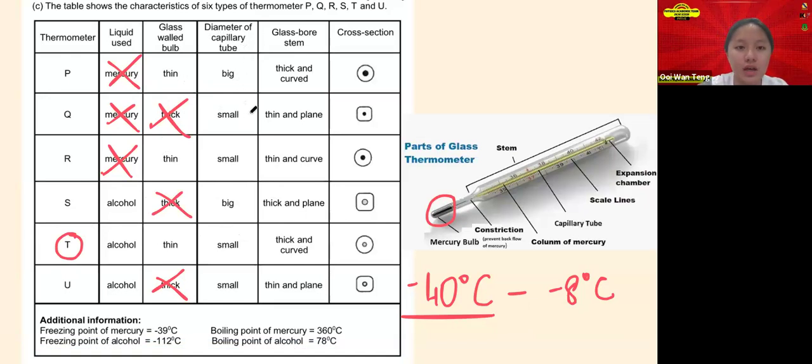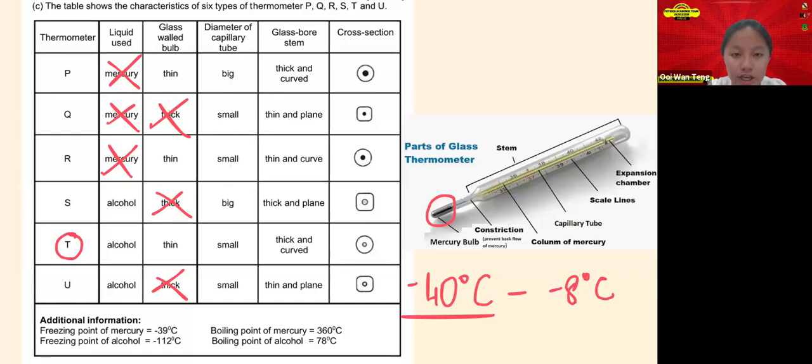Actually, we should choose a capillary tube with a small diameter. It's because when the diameter of the capillary tube is small, the liquid can expand quickly, or you can say rapidly, and it also makes the thermometer sensitive. But why is it like this? It is because the capillary tube